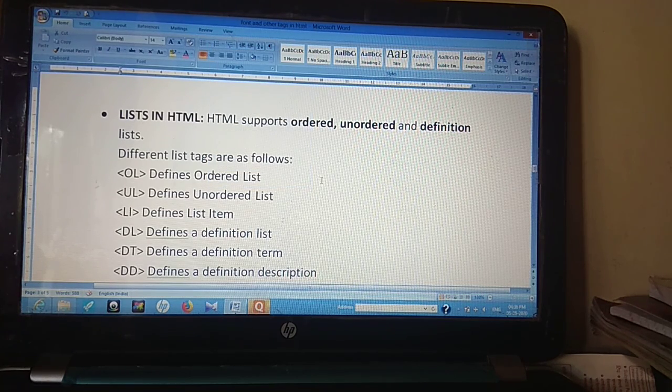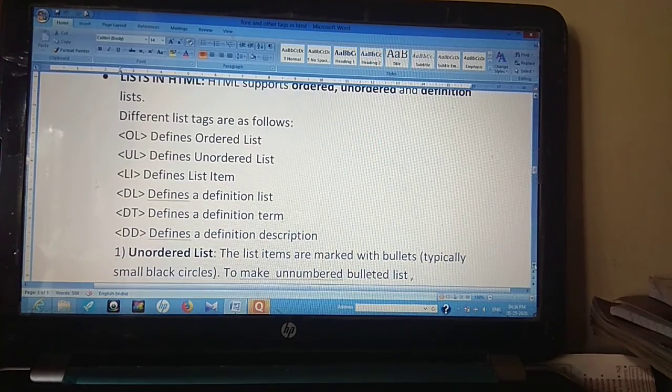The unordered list is defined by the UL tag. Then the list items in ordered and unordered lists are defined by the list item tag. Definition lists and definition terms, I'll explain later. I'll show you an example.